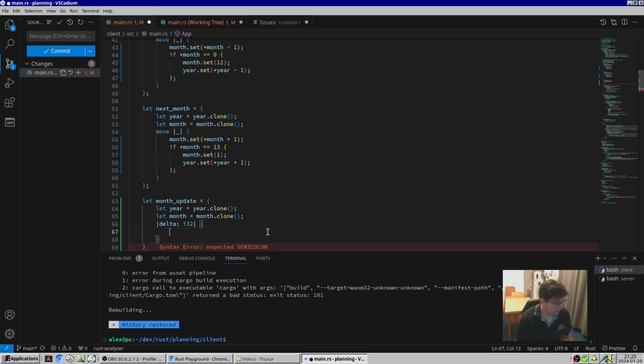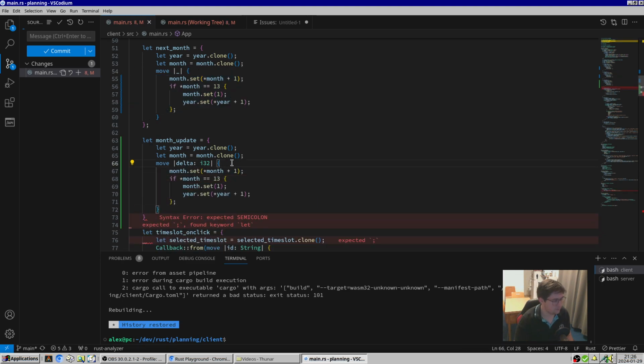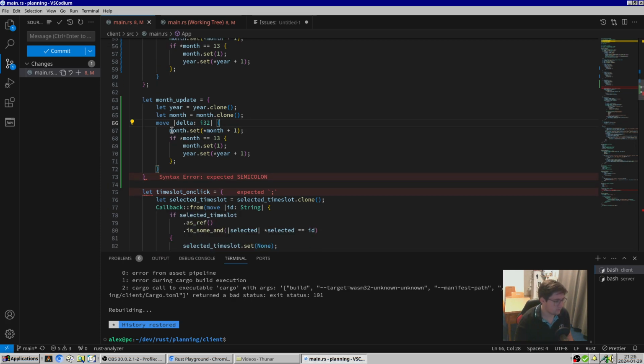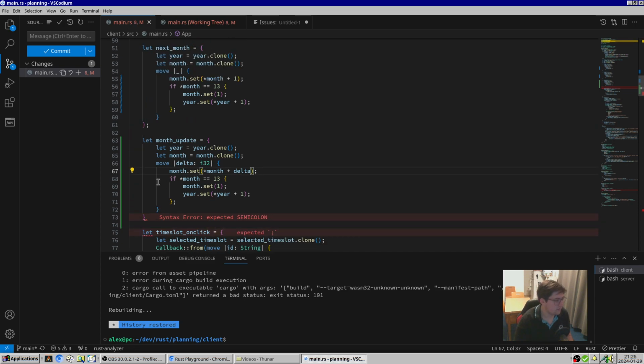So delta is an I32, and we do, so this is move, and we'd have to do this. So we set month to month plus delta, and then